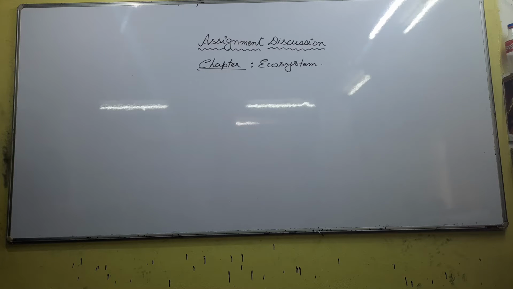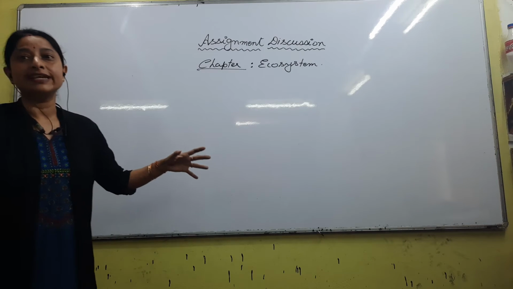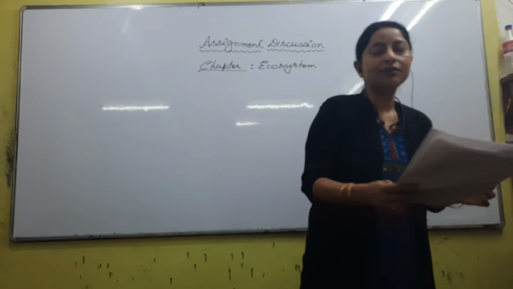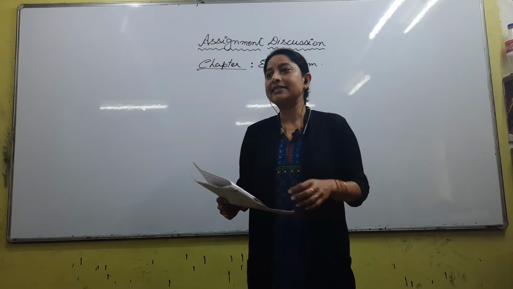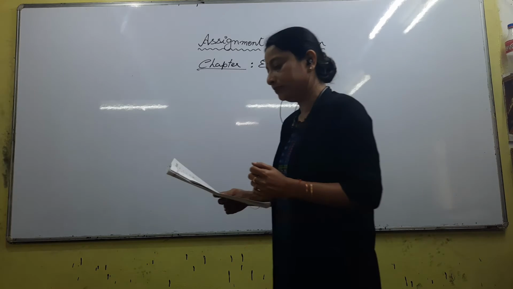In a pond ecosystem, whose number is maximum? This is not an aquatic ecosystem but a pond ecosystem. There is a difference between aquatic ecosystem and pond ecosystem. Aquatic ecosystem is a broader sense. A pond has little water, so large fish may or may not be there, maybe one or two. Maximum will be producers.